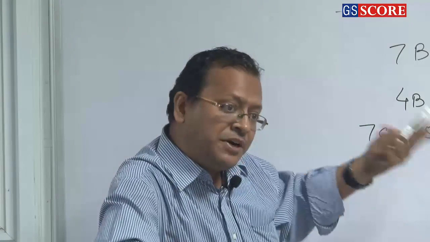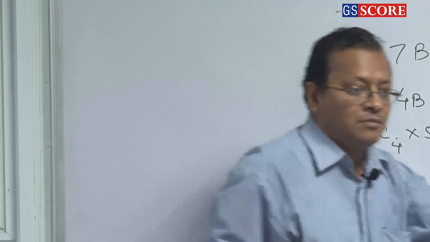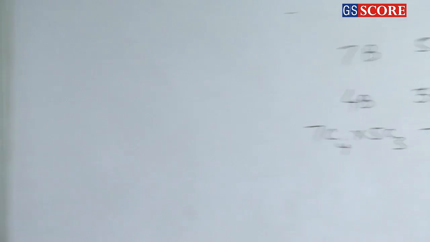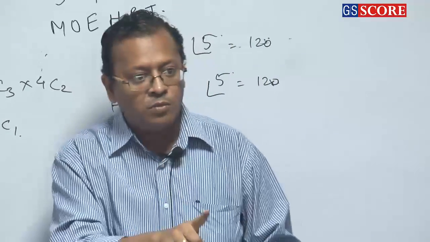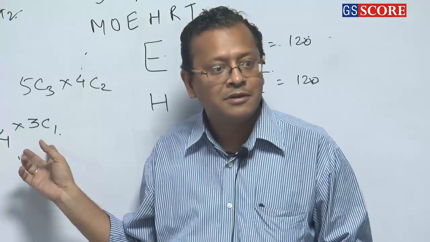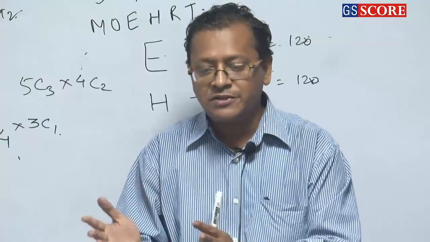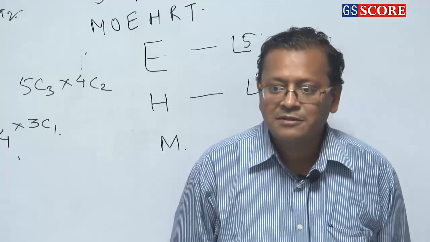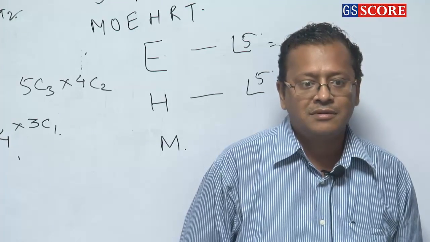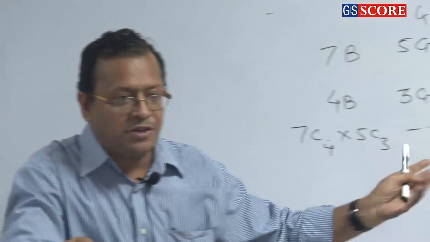Okay, those committees in which both of them will be there. If both of them will be there, which means 2 girls are already selected, now I have to select 1 more from 3 more. So 3C1. This is the restriction committees. Total minus restriction is the unrestricted committees. Clear or not? It's a long method, it's a solve.